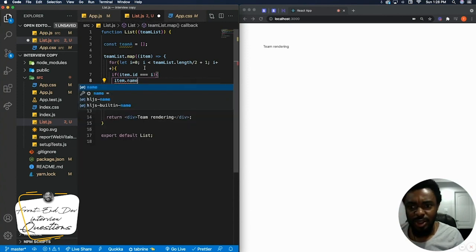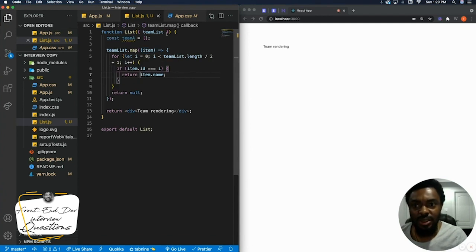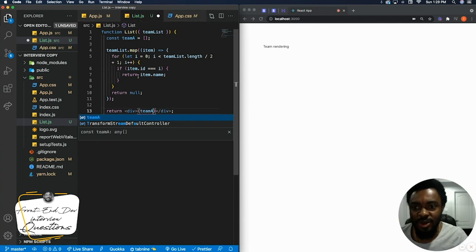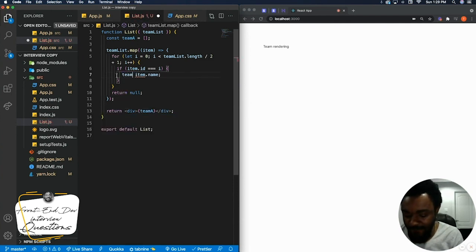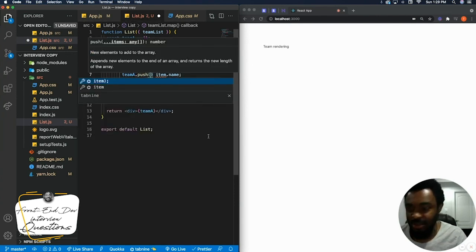item.name. See, so return. Oh, sorry. Return item.name. When I save this, no. Okay, return. But really, we are not returning here. We want to populate this one, right? So let's put this one here, Control A, so that we can see when it happens. Team A. So when we say team A here, we push that into it. So when you push item.name into it,